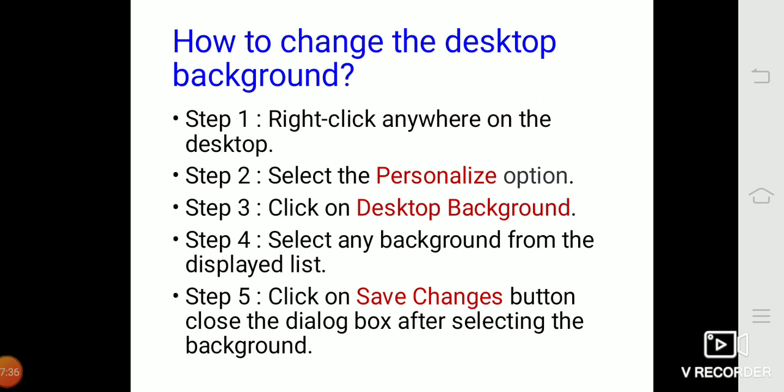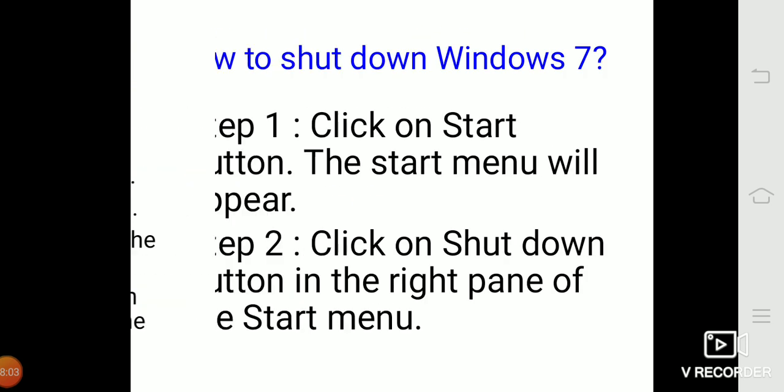Step 3. Click on desktop background. A new window with multiple images will appear. Step 4. Select any background from the displayed list. A preview of the selected background will appear on the monitor. Step 5. Click on Save Changes button and close the dialog box after selecting the background.